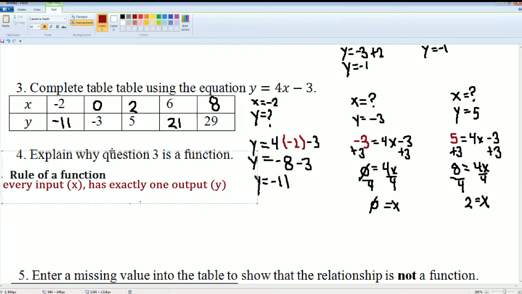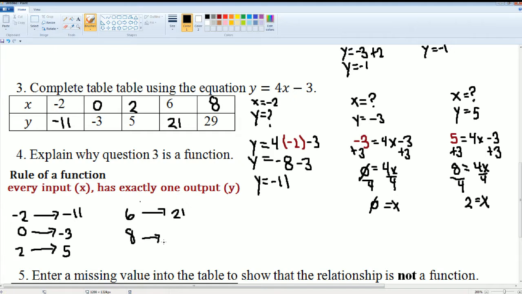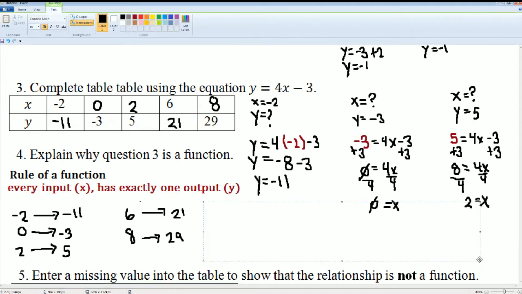So if we plug in a -2 for the input, we get the output of -11. That's fine. If we plug in a 0, we get the output of -3. That works. If we plug in 2, we get the output of 5. We plug in a 6, we get the output of 21. And if we plug in an 8, we get the output of 29. Nothing breaks here. So we would say it is a function because